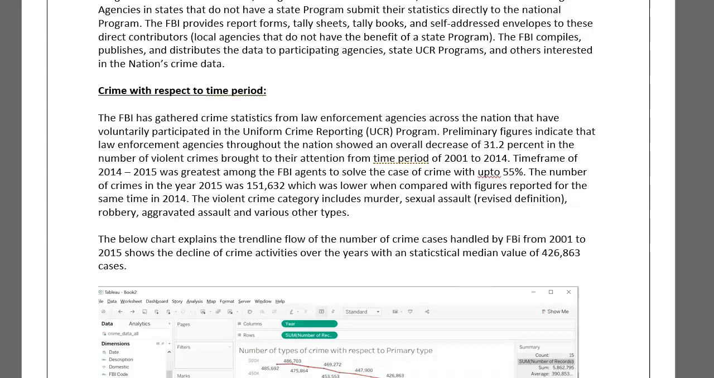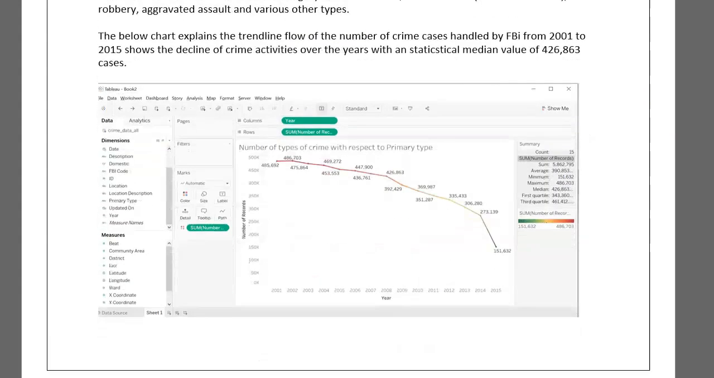So the first one is going to be the crime with respect to the time period. As I mentioned before, this is data captured from 2001 to 2014. When you see this chart, it is the number of crimes versus the years. So 2015 was the best year when compared with the previous years, because from 2001 to 2014 it was